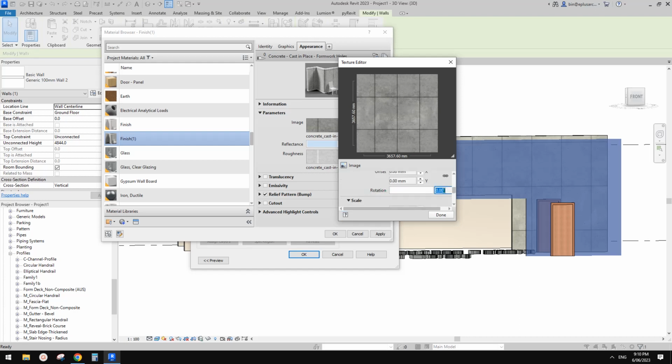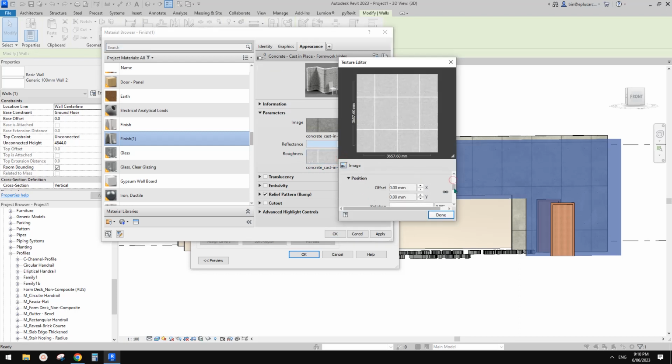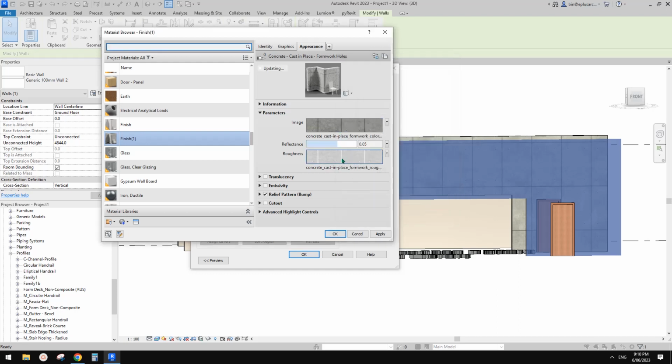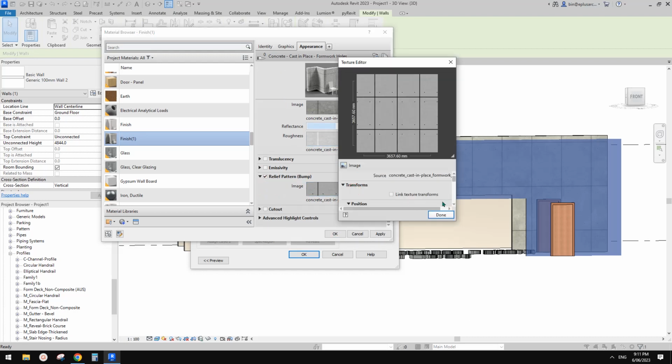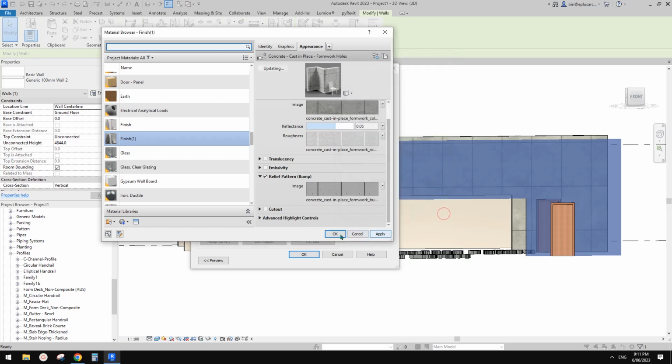Here, rotation. Let's try 90 degrees. Okay, and we also need to rotate this one, the roughness as well, so it matches the image, and we might need to do this as well. Because all these are different, what do we call that? The texture map. Okay, so 90 degrees. Click OK,